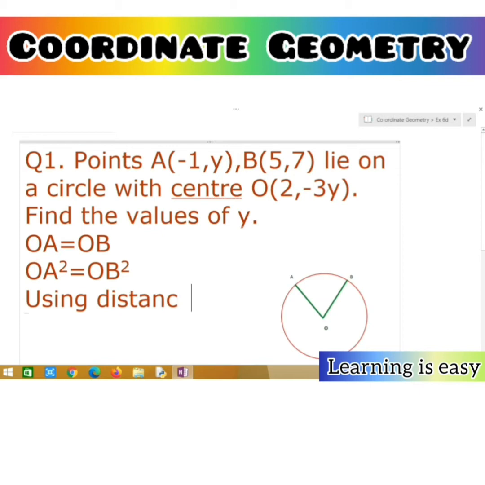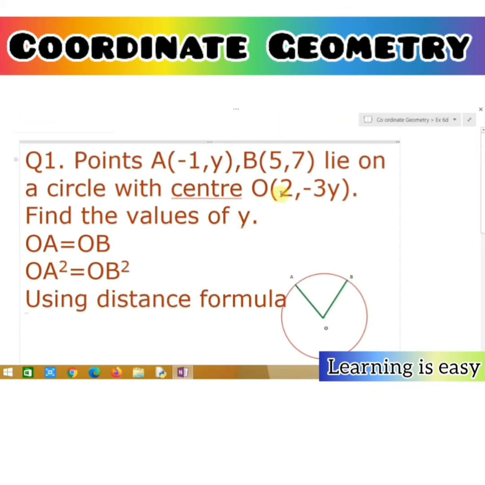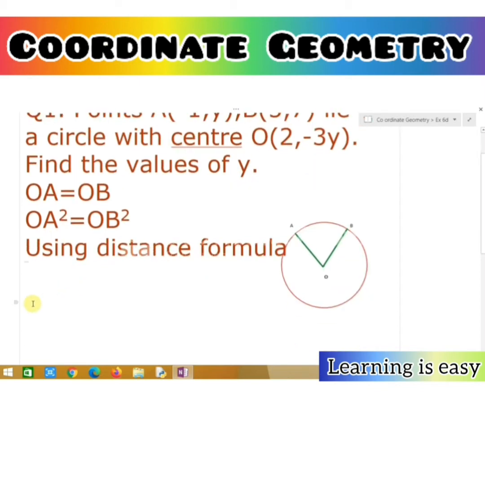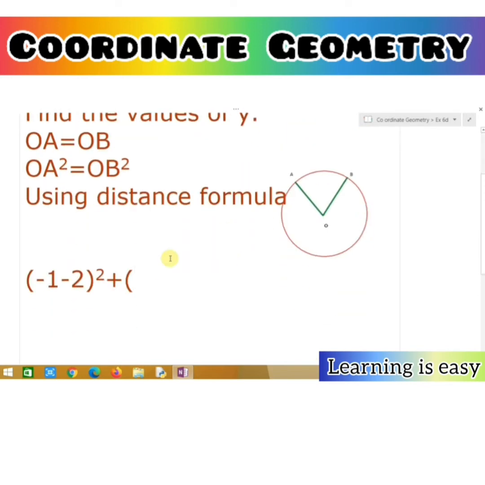So using the distance formula, we already discussed few formulas in coordinate geometry. So using all that, we are going to solve this exercise. So you can just pin those formulas first. -1 -2 whole square plus, O and A coordinates we have to check. Y minus of -3y, so plus 3y whole square equal to